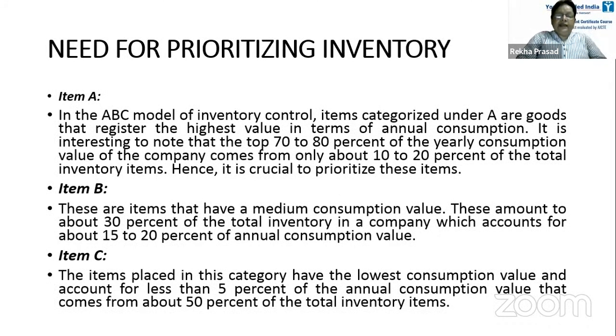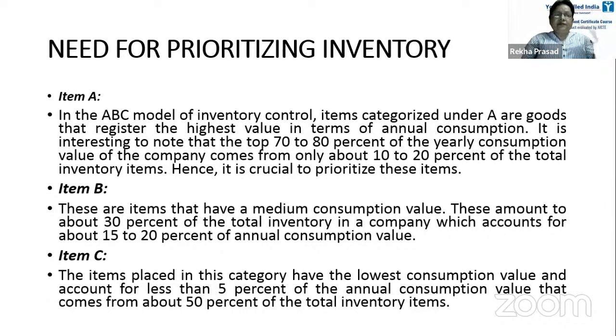Item A. In the ABC model of inventory control, items categorized under A are goods that register the highest value in terms of annual consumption. It is interesting to note that the top 70 to 80% of the yearly consumption value of the company comes from only about 10 to 20% of the total inventory items. Hence, it is crucial to prioritize these items. For example,